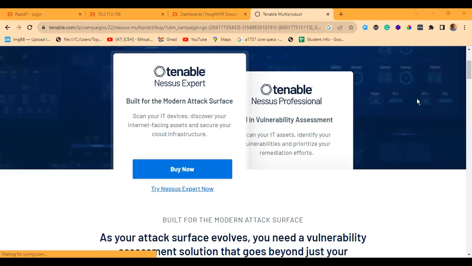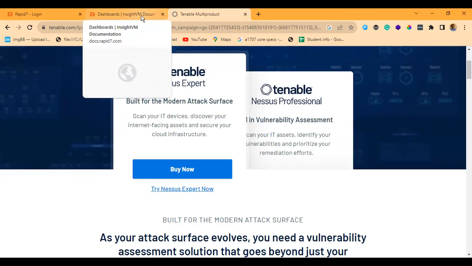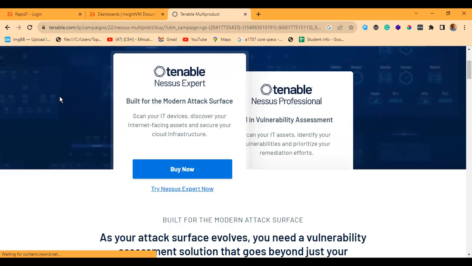Another tool we will also be talking about is Tenable Nessus, which we use to perform vulnerability scans. We use it to perform vulnerability scans majorly.